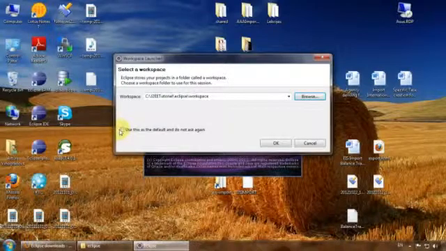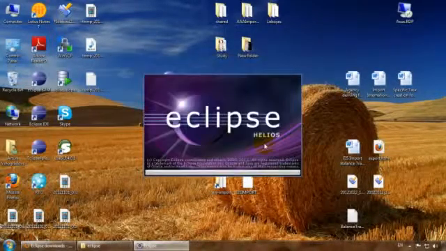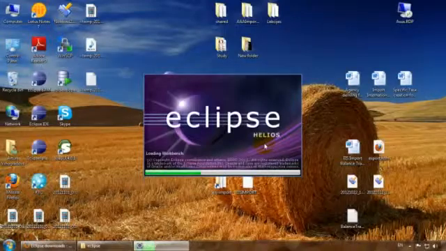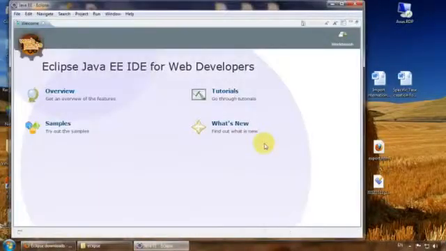And make sure you check this checkbox to say Eclipse not ask again about workspace location. Our Eclipse has been started,